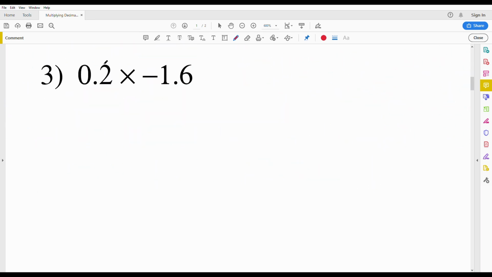In number 3, we have 0.2 times negative 1.6. A positive times negative, we know our result is going to be negative. So I'll make a note of that so we don't forget. Now, 0.2 times negative 1.6, 0.2 times 1.6, I'm going to reverse this multiplication, doing it the other way, because